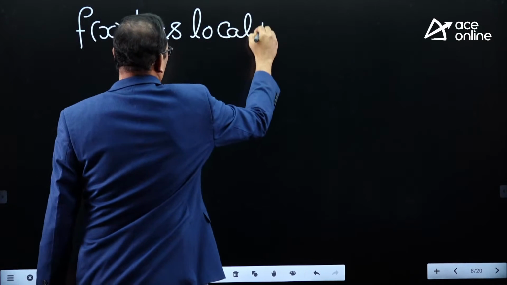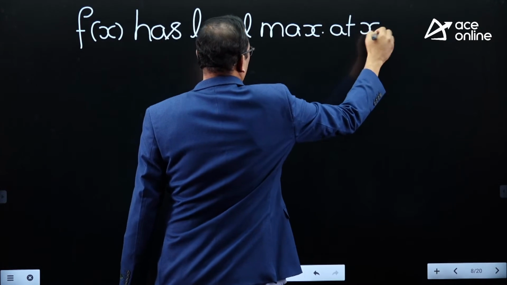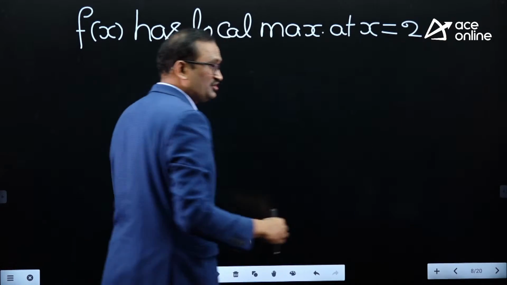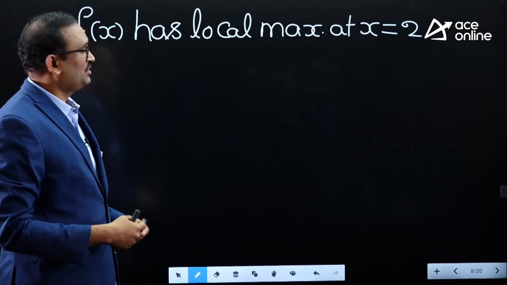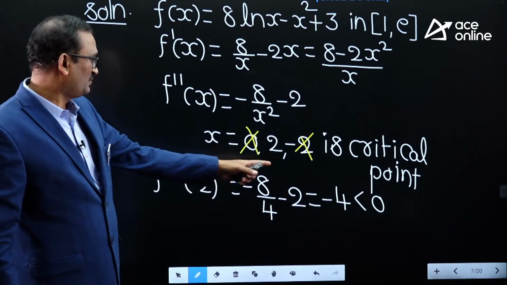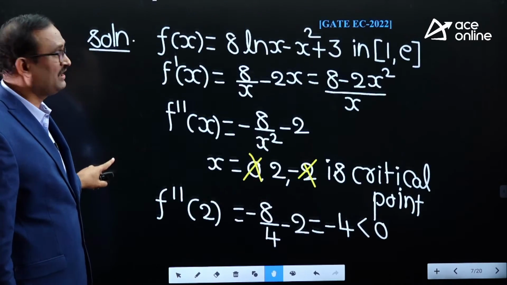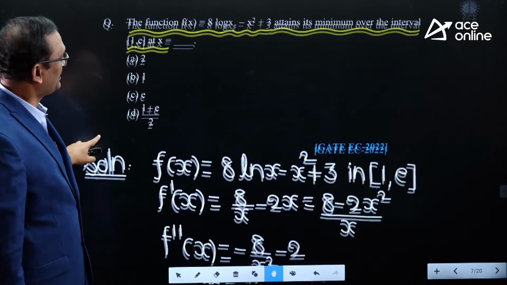f of x has a local maximum at x equal to 2. Suppose you wish to know, actually this is not required, because f double dash x less than 0 at any critical point means it will have local maxima. But read the question,